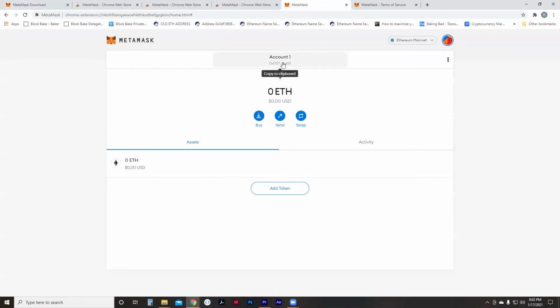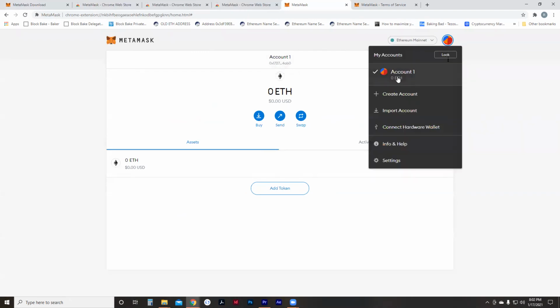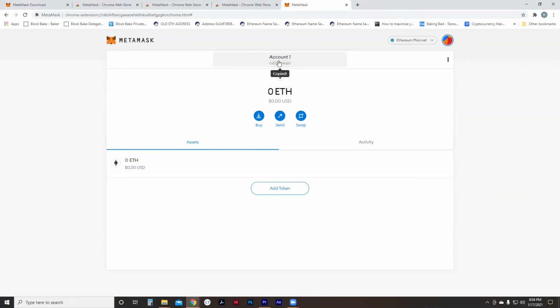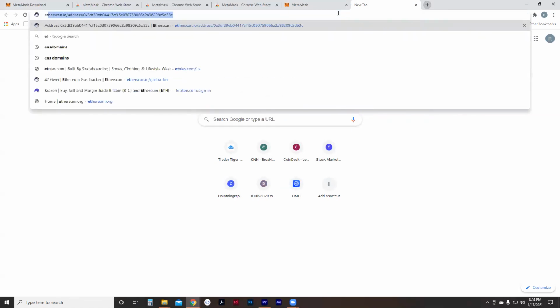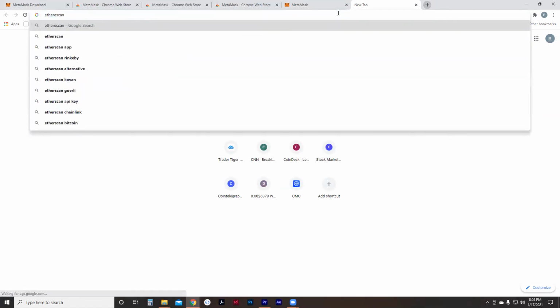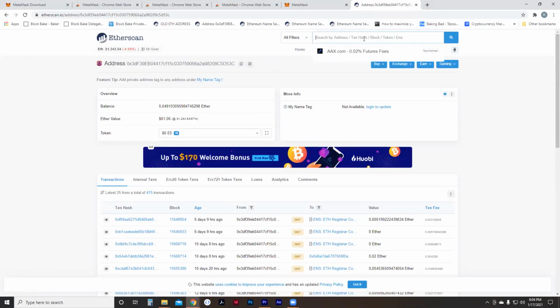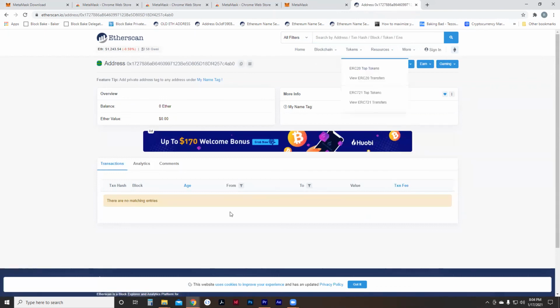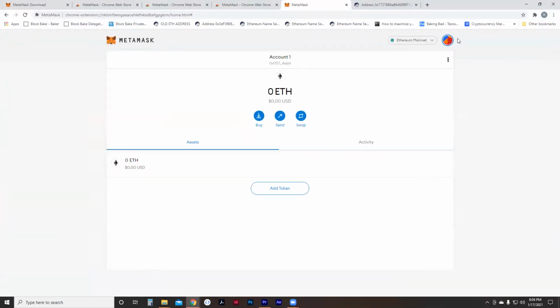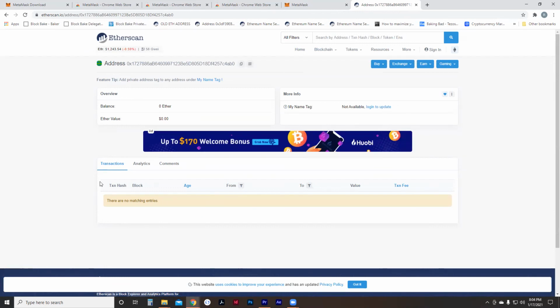So here we are. This is your account, your new Ethereum account. We can copy to clipboard. And if we want, we can go to Etherscan and go ahead and paste in our address. So the way I did that was going here and just clicking on it, copying it, and then going to Etherscan, and then you can see that this is